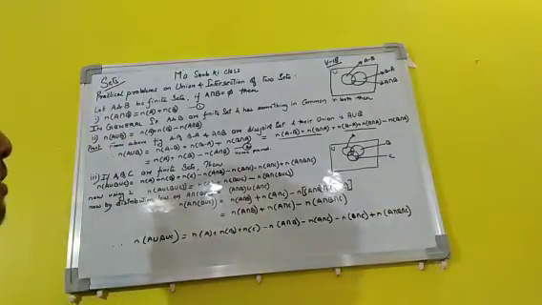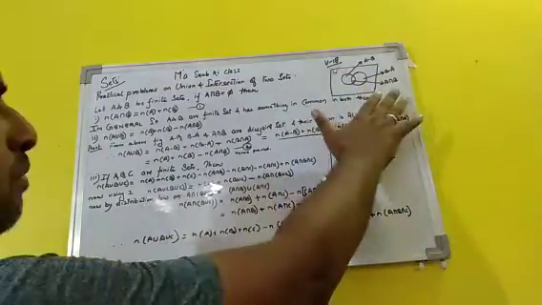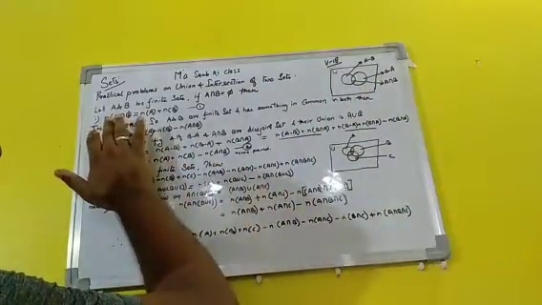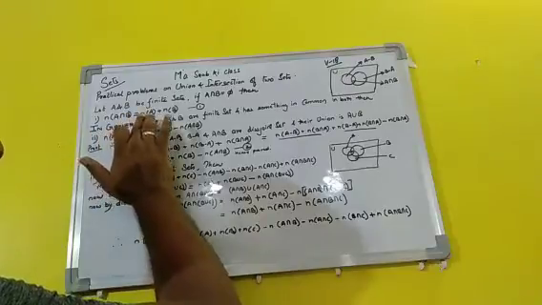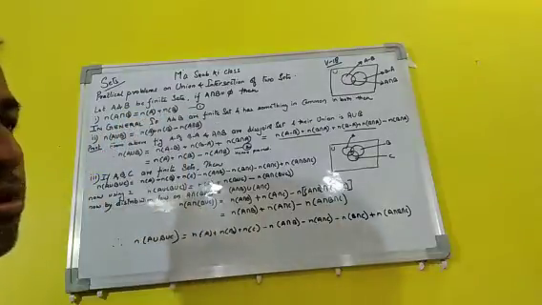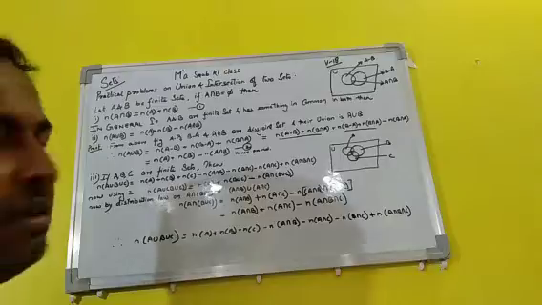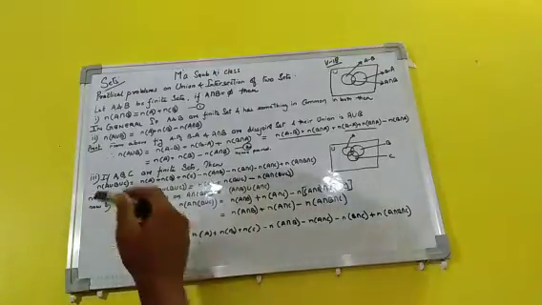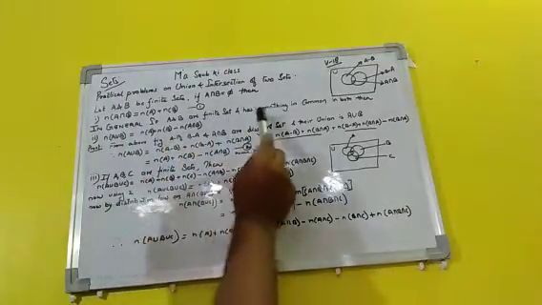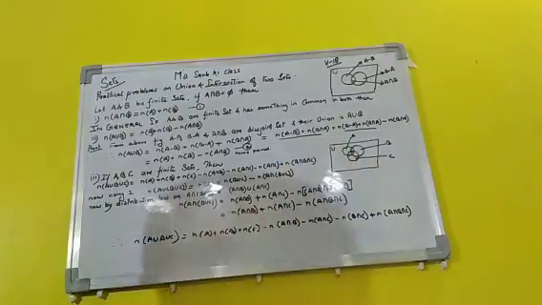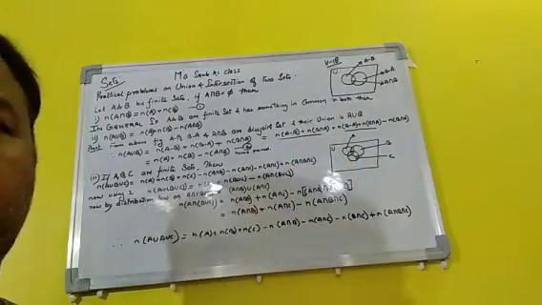is a null set, then it is obvious from this Venn diagram that the number of elements in A union B will be the number of elements in A plus the number of elements in B, as they don't have any common element between them. Moving forward, in general, if A and B are finite sets and have something in common in the intersection, then